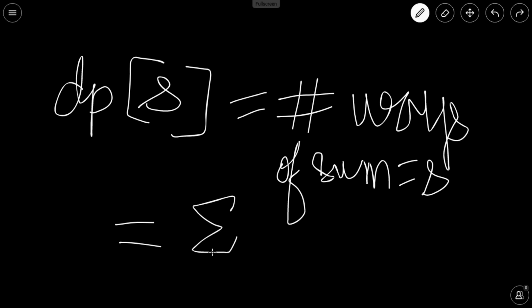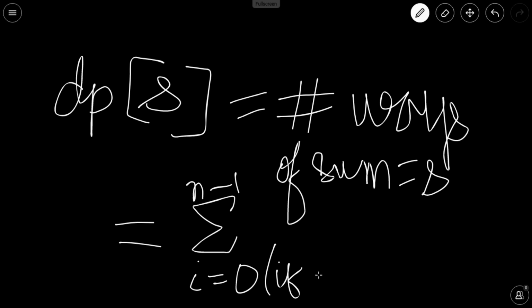So in the summation we will run i from 0 to n minus 1, meaning the whole coins array. And we will also check that the value of coin i should be less than or equal to the sum, which is s here.